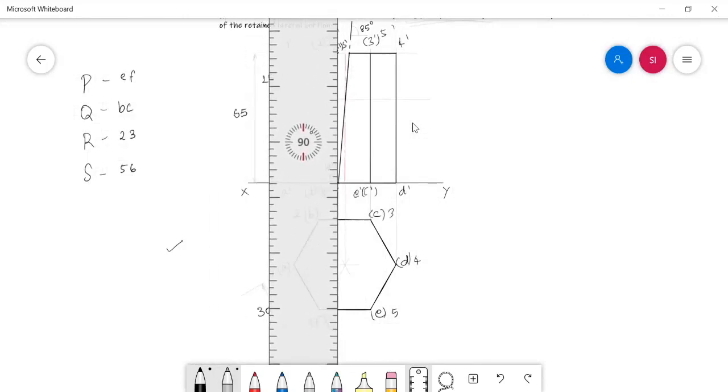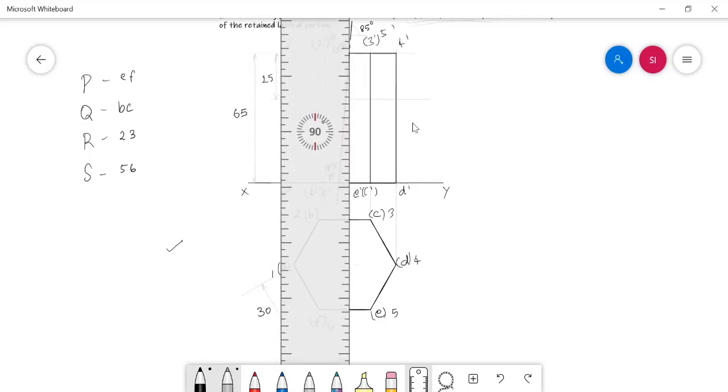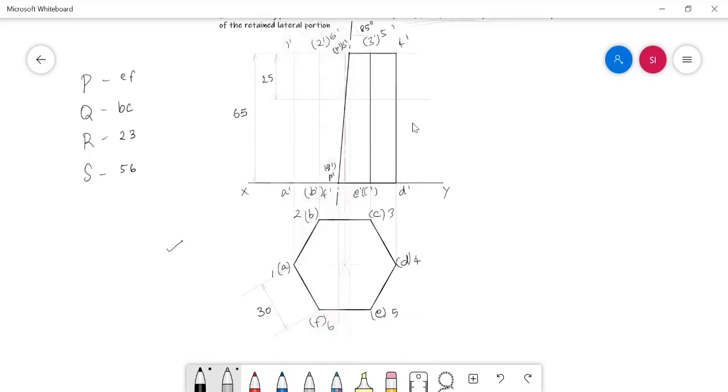I am projecting P, Q and now I am projecting R, S. I just projected them and I need to mark the cut point P on the edge EF.